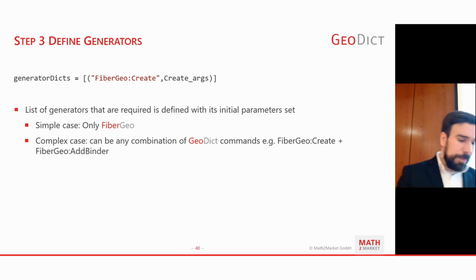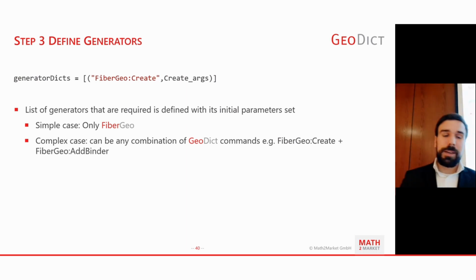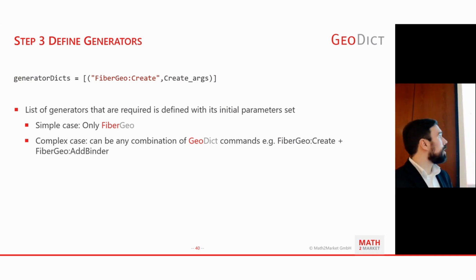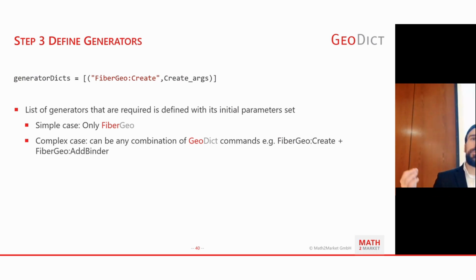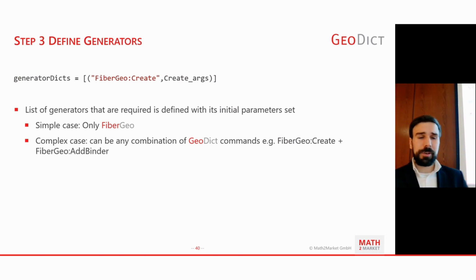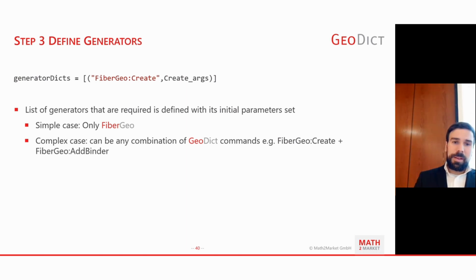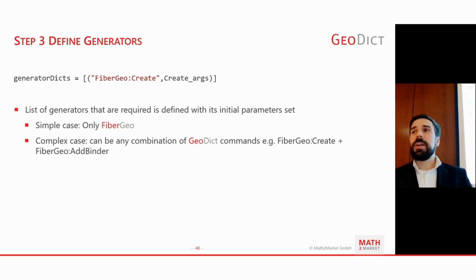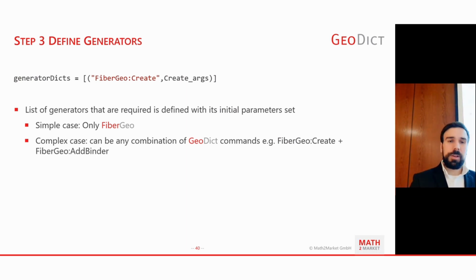So one thing about the app is that it is not really intended to be used the way it is. I mean, you can use it the way it is if you have a nonwoven with only one type of fibers and one layer. That just works as long as the fibers are kind of round. But it is also more like a cookie cutter, because the app is set up in a way that you can easily change the parameters you want to optimize. You can change what targets you want to optimize.